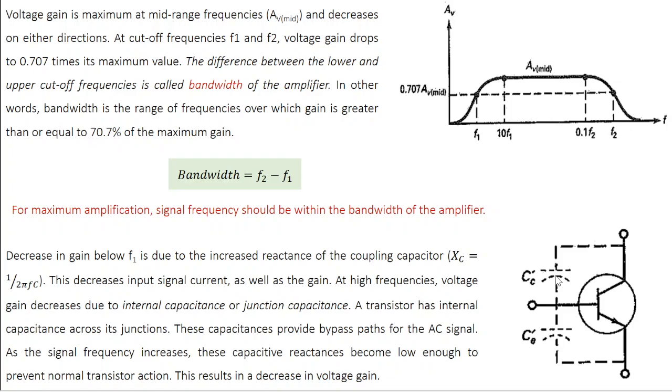Okay, so a capacitance has some finite resistance associated with it, but when the frequency increases, the resistance becomes very small. And current always follows the path of least resistance. More current flows through the path having less resistance. So at high frequencies, most of the AC signal will pass through these capacitors, bypassing the transistor action. So you lose the normal transistor action. As a result, the voltage gain decreases. So if you want to get maximum amplification for a given input signal, you need to always operate within the bandwidth of the transistor.